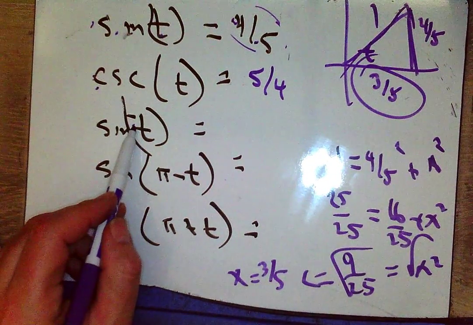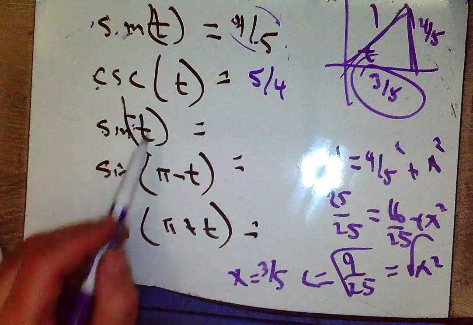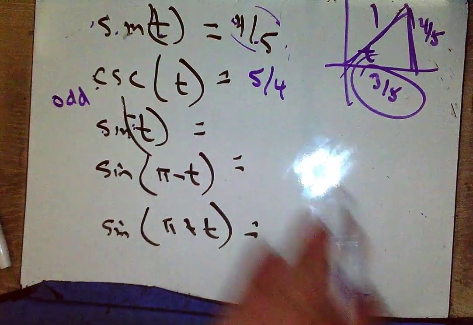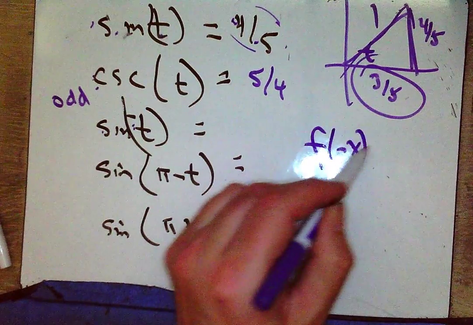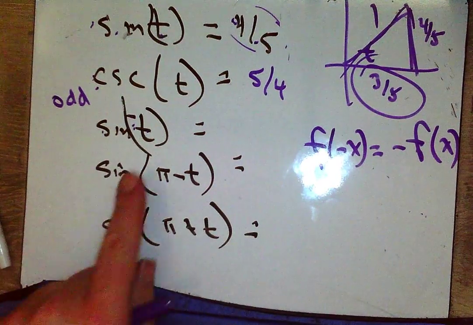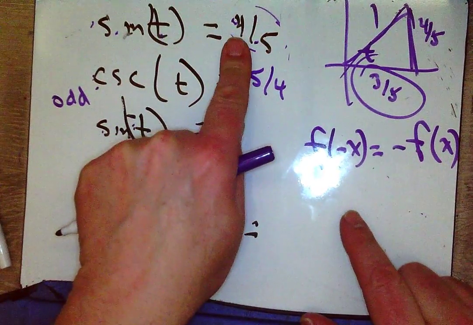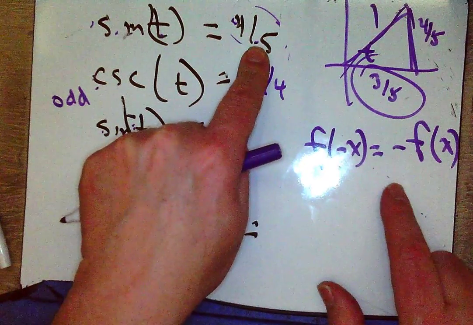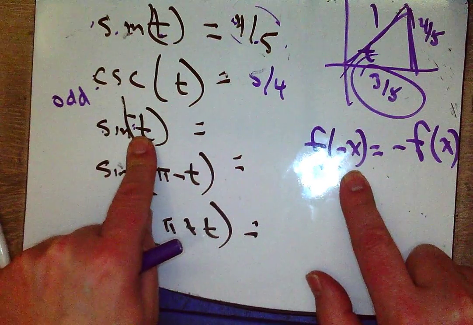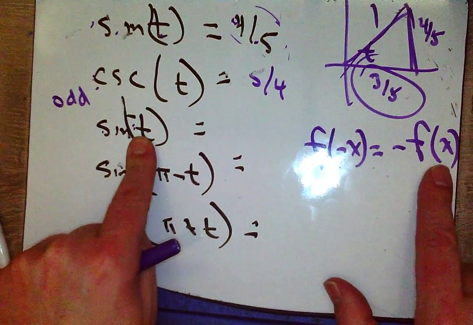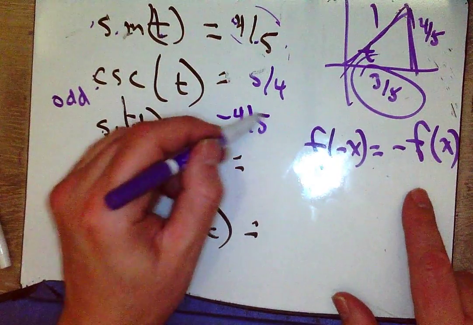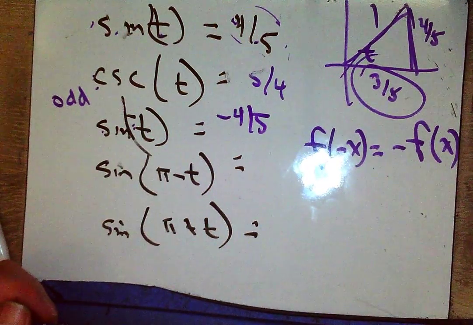Now what about this? Sine of negative t. And sine was an odd function. What I know about the test for oddness is that f of negative x is negative f of x. So f of x is 4/5. Negative f of negative x is going to be minus times f of x. So we have minus 4/5. All right. Now,